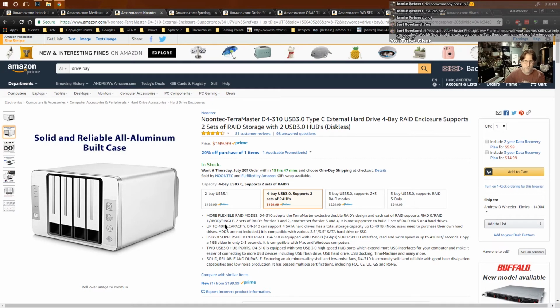I doubt anybody out there right now is going to need more than 40 terabytes. So the nice thing about things like this is they can grow with you. And when you're populating these drives, a lot of people will say, well, I'm going to get 4 drives because that's what I can afford right now. But I can afford 4 2 terabyte drives. I highly suggest against doing that. I would probably say afford 1 10 terabyte drive and then another drive for the parity of that drive for the RAID. But don't try to populate it with small drives,